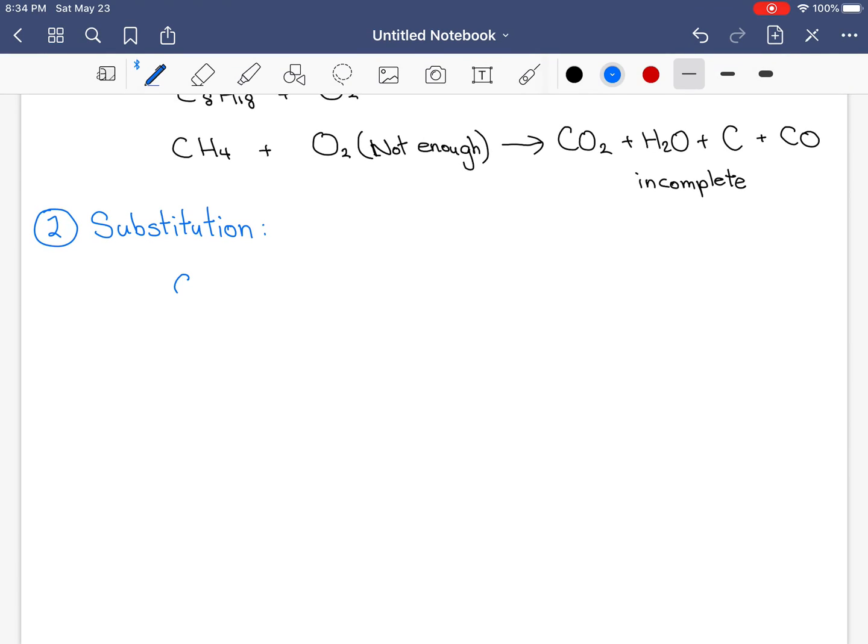Well, let's take a look at this example. Let's go back to structural formula, because that's easy to work with. Here's a structural formula. This is an ordinary alkane, methane. Now, if you react methane with some sort of halogen, like chlorine gas,